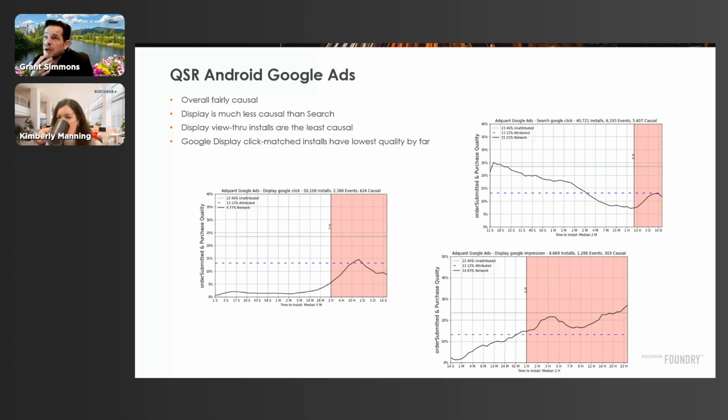And so this is a really quick check that we can run. We catch a lot of fraud this way, but we largely use it to trim attribution windows, because this stuff is typically a lot less causal than folks think. And the good news is in Kochava, there's some tooling you can do to sort of carve around that. So get in touch with your CSM if you're a Kochava customer.